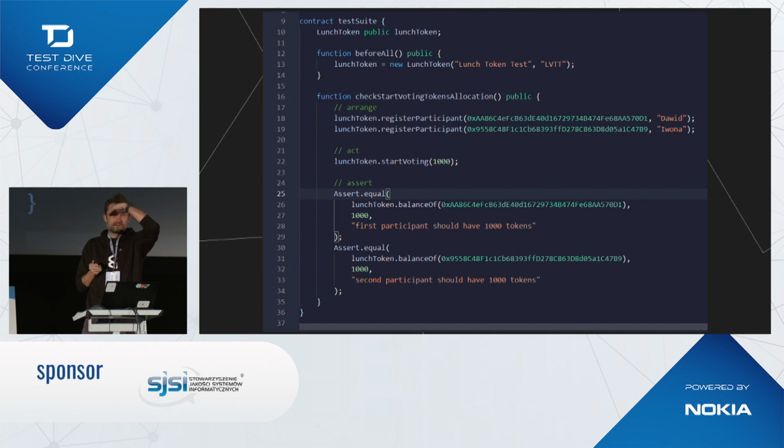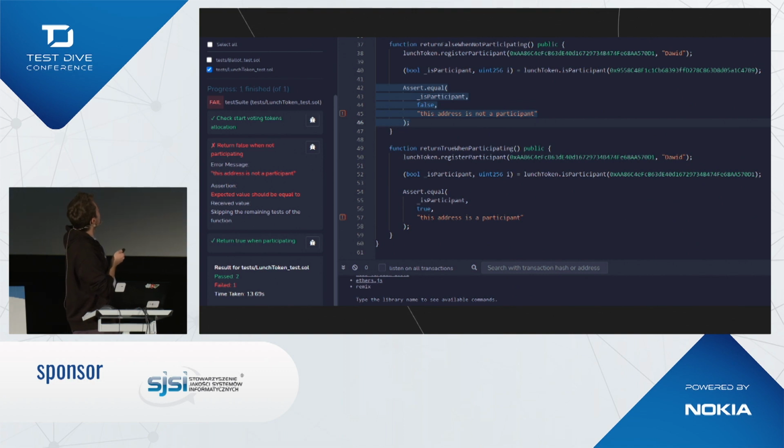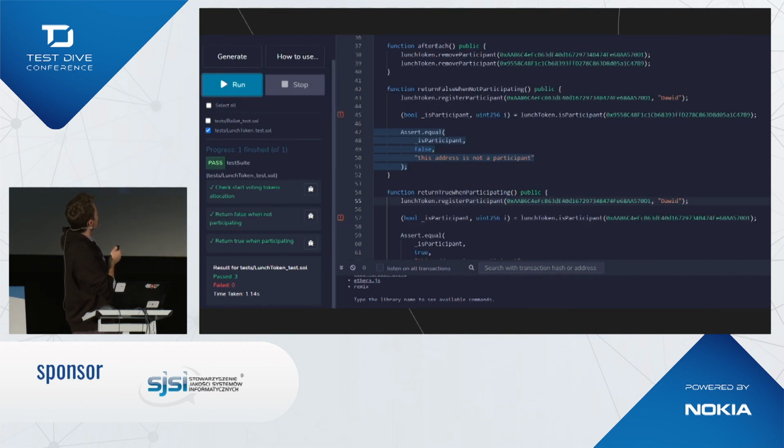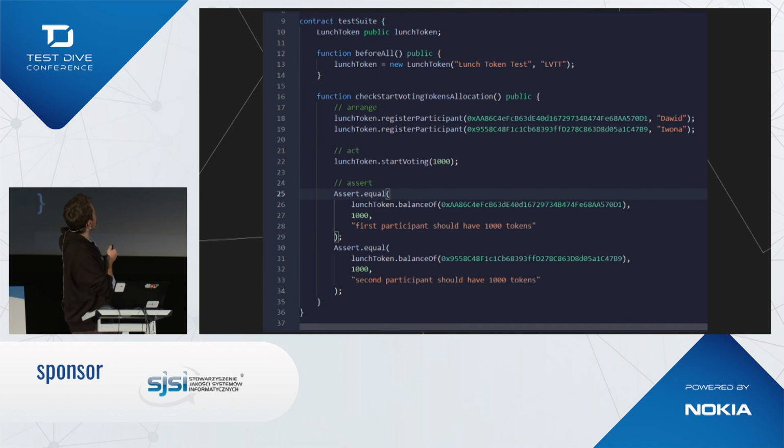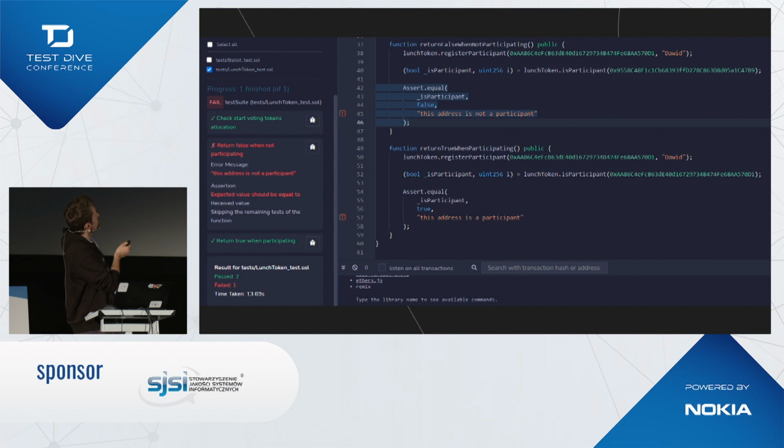Okay. Let's go to the next slide, and here is the solution. The problem was here we have before all. So before all of the tests, we are instantiating our contract, and we are registering the participants in the first of the tests, and this will stay there. So we have this address and this address, and the second of the addresses is used also here.